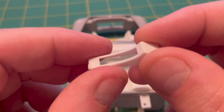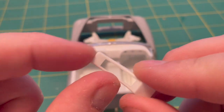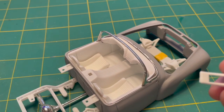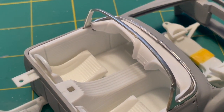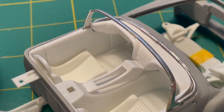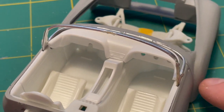That is all quite approved. So I've taken the part. This is what it looks like. Need a little bit of cleanup, and I'm kind of thinking it don't really fit. But I'm also thinking